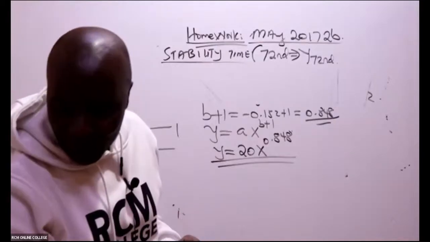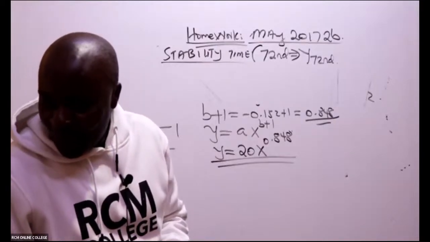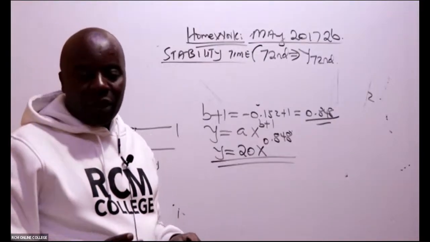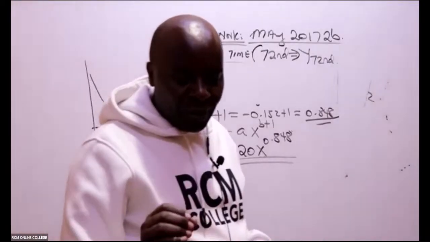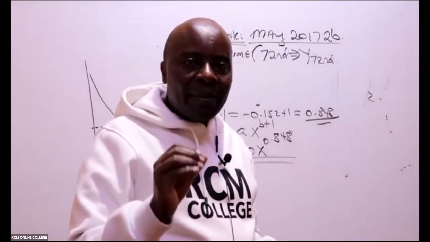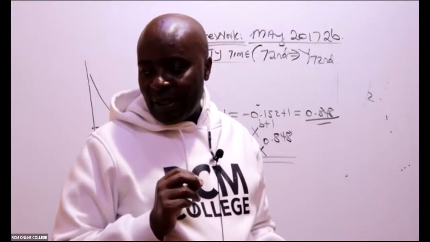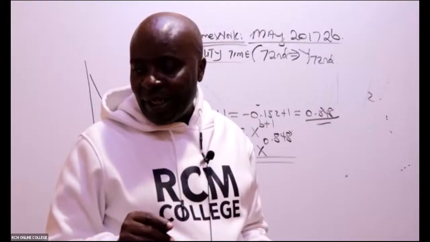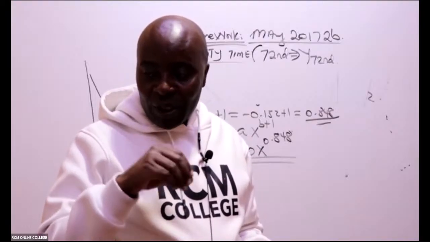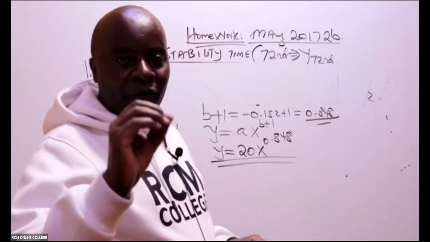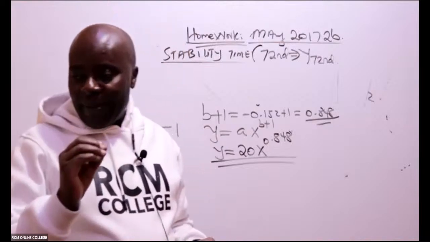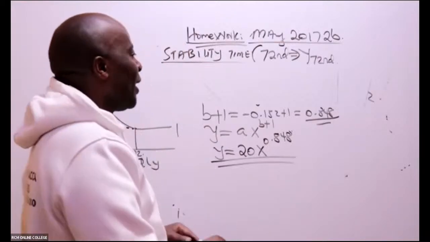Y 72nd. Where do we get 20 from, Claire? It's given in the question. The questions are dictated. Maybe you had a problem with your internet. I said the time taken to make the first batch was 20 hours. And then we said the time for making the first batch. Remember, A is the time for making the first unit. Yeah, great.